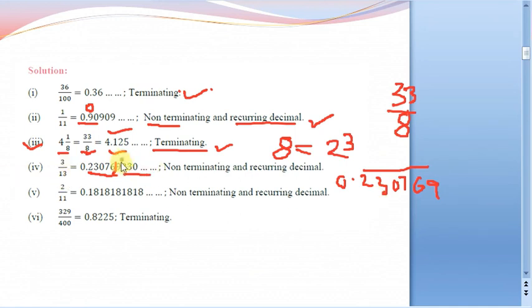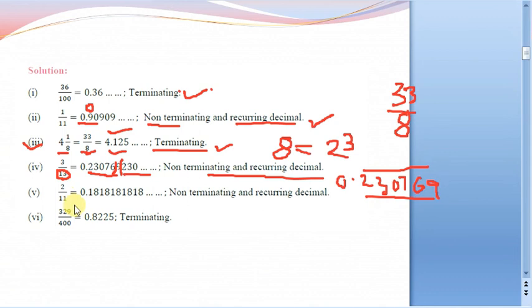So why? Because after this 9 again this block will appear, again this block will appear. That means it is non-terminating for sure, but it is repeating. So that is the kind of decimal expansion for 3 by 13. So clearly see, in the denominator there are no 2 powers, there are no 5 powers, there are no 2 and 5 powers together. So that's why definitely it is going to be non-terminating repeating. So what is that repeating block here? This is going to be 230,769, keep on repeating. Now this one, 2 by 11.